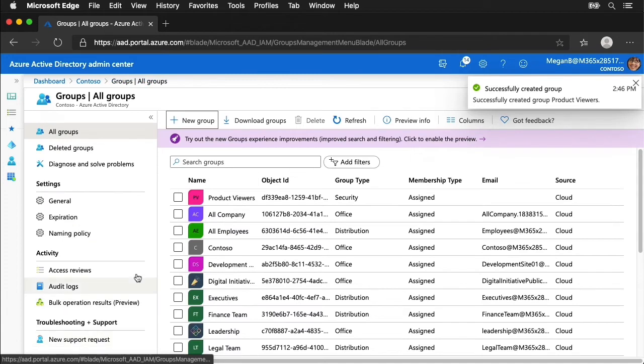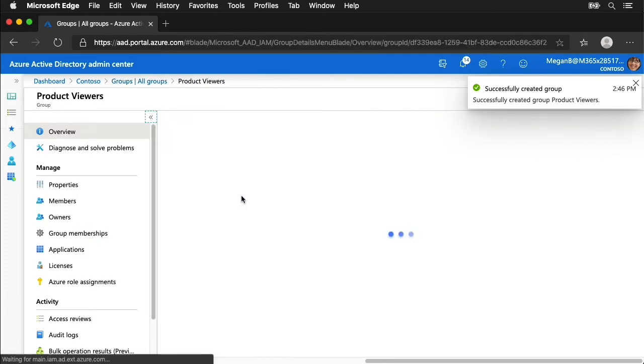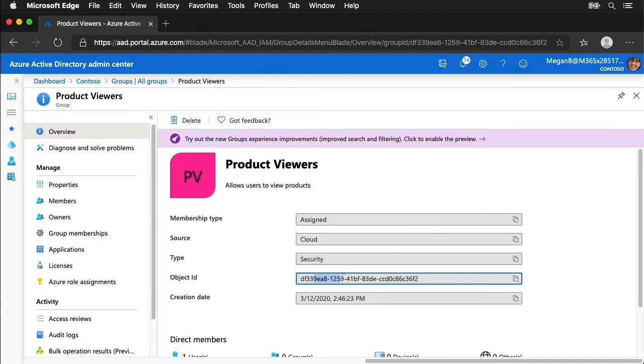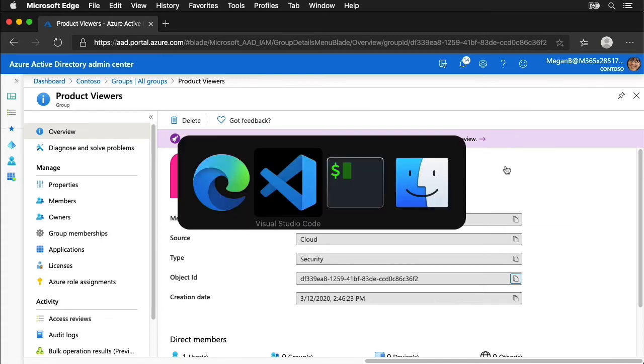Now, for the group that we just created, I need to get the object ID. This is the unique ID for my group. So I'm going to go ahead and copy that to the clipboard. Now, if I go back to my code,